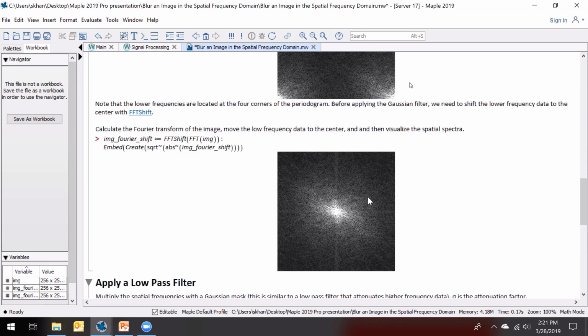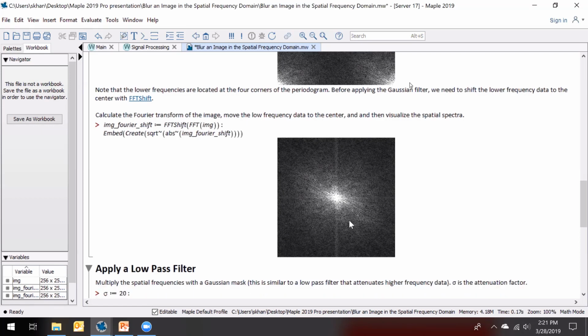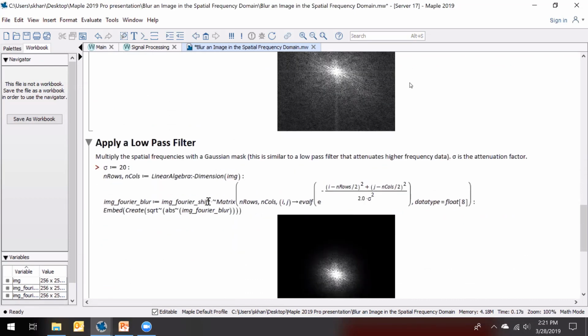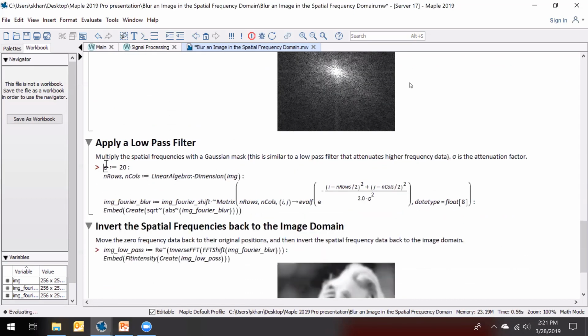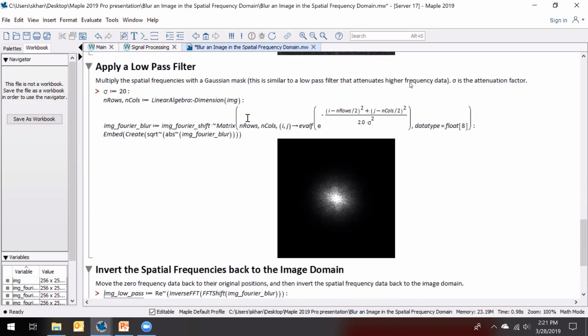Now, this just makes it easier to do frequency domain manipulation of this image. Let's say that I wanted to blur the image by applying a Gaussian mask. Well, what I can do now is very easily apply a Gaussian mask to the Fourier transform data,